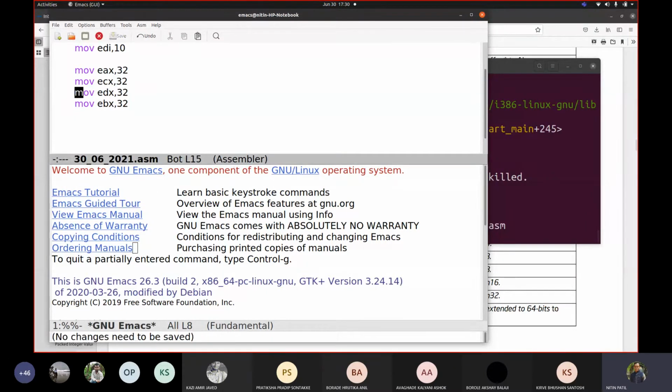Fine. So if I translate this, what will be the case here? It would be starting from B8, correct? Then B9, BA, BB. This 32 would be converted to hex. That's what the code should be, or that's what the translation should be. So we will try to write that translation here. What was the translation? What we are assuming? This would be B8 plus that 32 represented in hex.